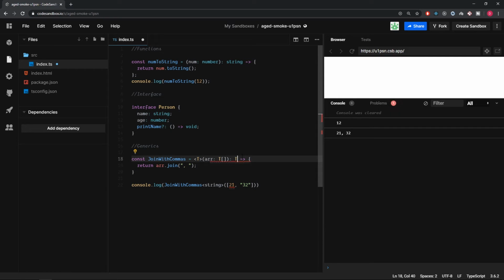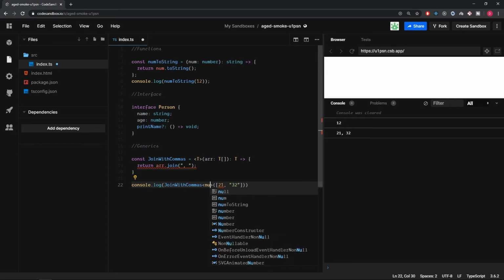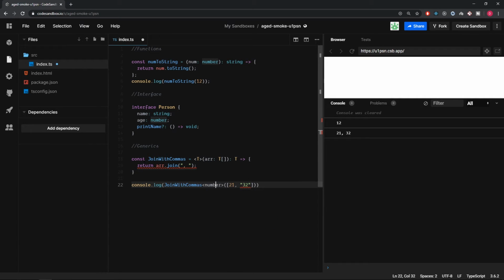And just so you know, we can also use T here. So doing this wouldn't really make sense because we could actually have number here, and then number, this wouldn't be true because this always returns a string. So that's why we don't want to do that. But I just want to show you guys that you can use T as the return type as well. So you'll see this used quite often because when I'm creating this, I know that when I use it, I can put in any type as long as it's an array,